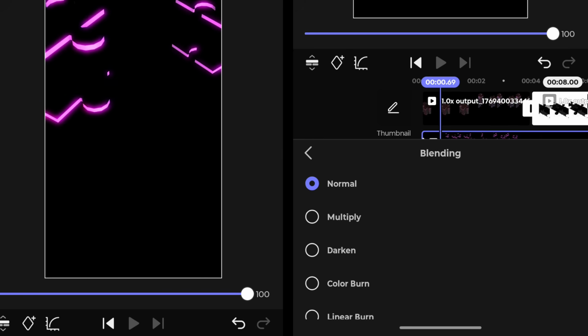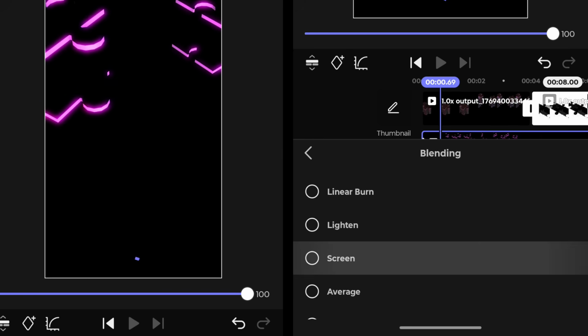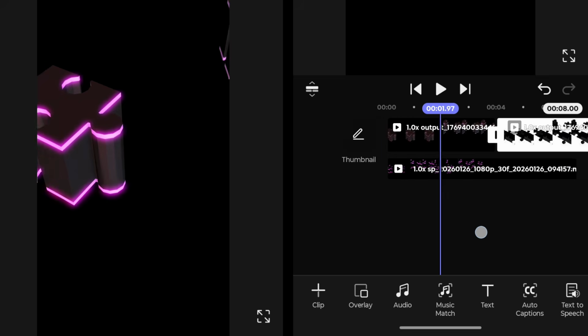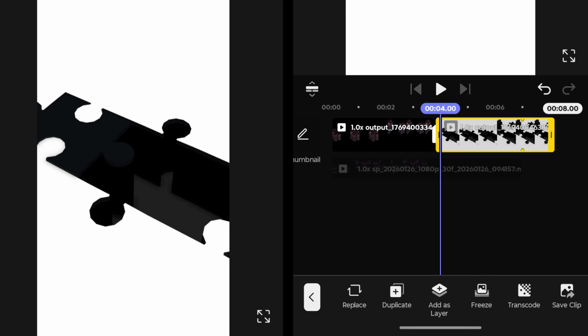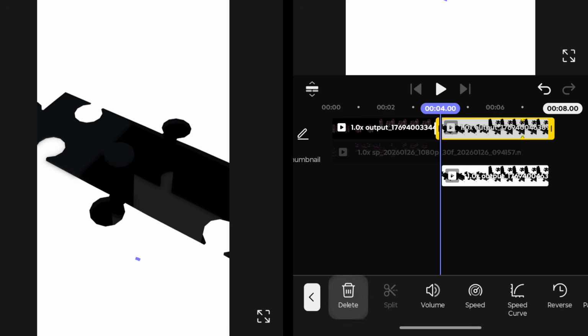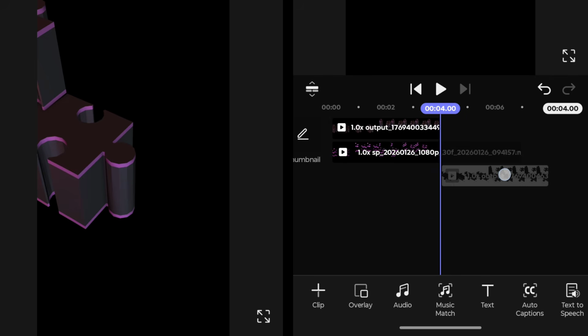Okay, and set this to full screen, go in blending, and from blending select screen. Yeah, it's done. And after that, this part I'll get it inside the layer, and I'll delete the main video,